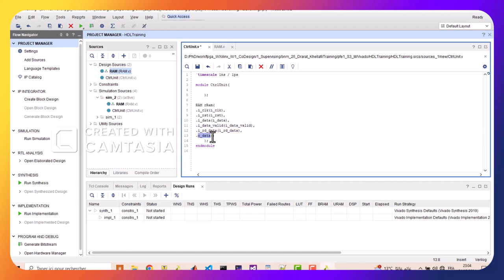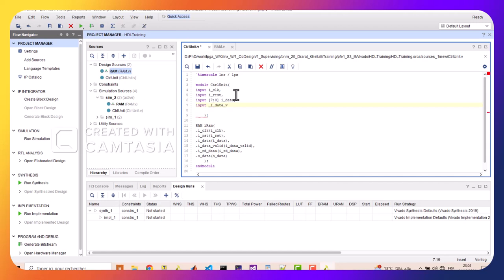And our data. So here we need input clock, input data bytes 7 down to 0 I data. Also input